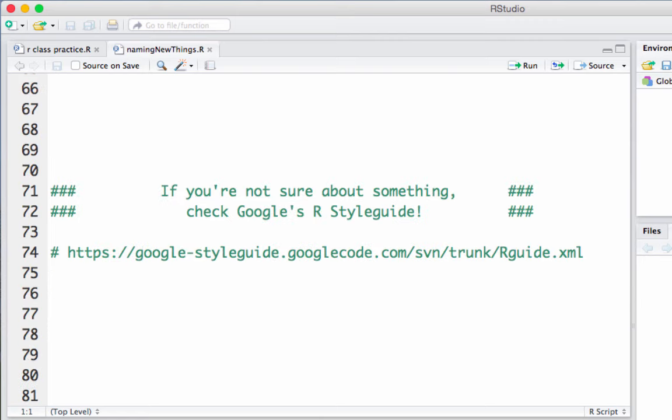And as a last note, if you're not sure about something, if you're not sure if you're naming something correctly, or you think your spacing is off, you can check out Google's R style guide. You can find this just by Googling, literally, Google's R style guide. It'll pop up. And it's basically a guide that all of the R users at Google have collaborated on, put together, and agreed that these are some things that we're all going to do so that we can read each other's code more easily. So in there, you're going to find all of what I said in this video and a whole lot more. But what I've said here are the basics of what you need to know to properly name things and to make sure you can understand your own code just a little bit better.